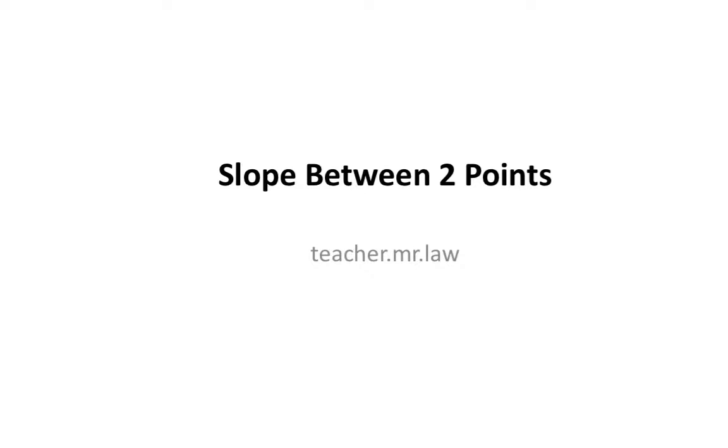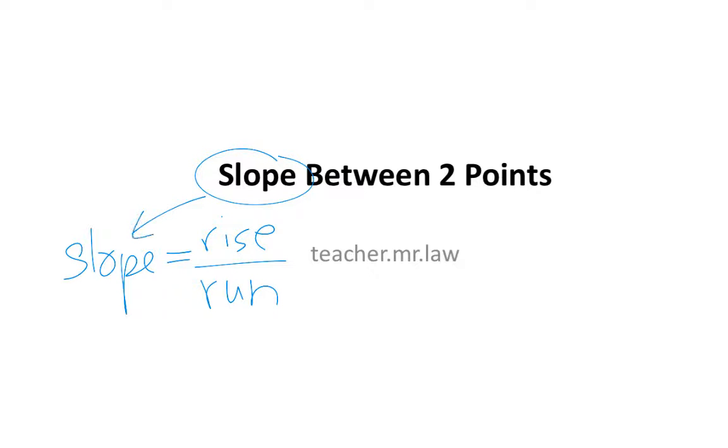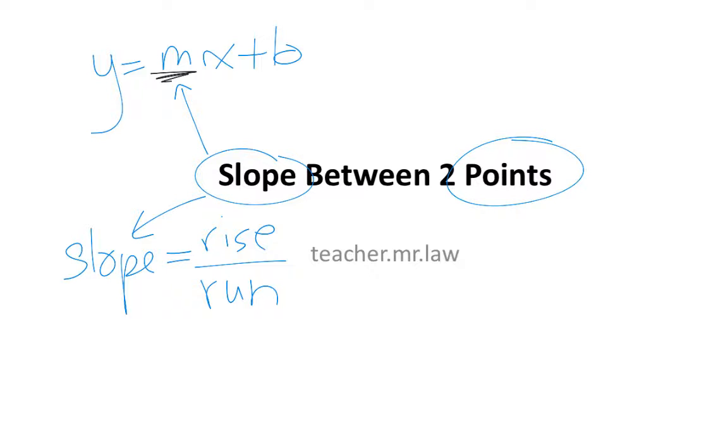In today's lesson, we'll be learning how to calculate the slope between 2 points. If you recall, slope is equal to the rise over run. As well, slope can be represented with the variable of m. And last but not least, a point is a coordinate, and it is made up of an x-coordinate and a